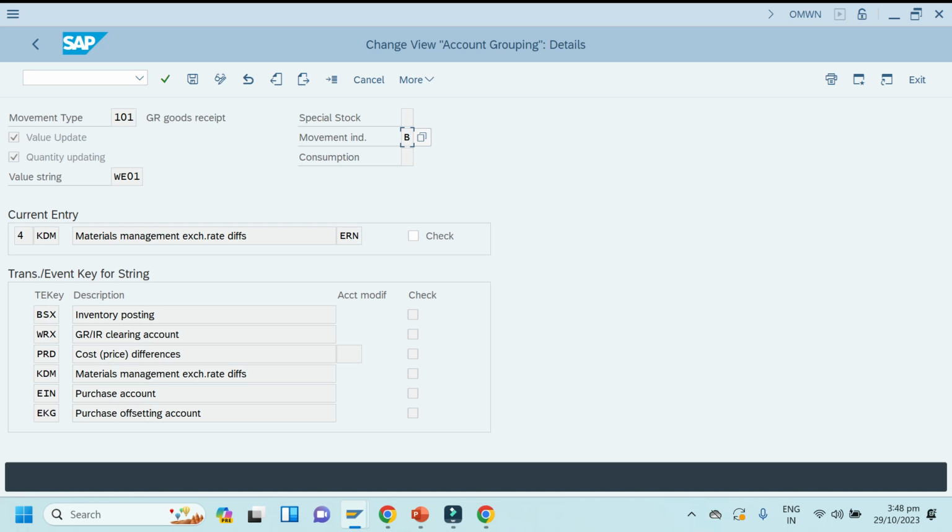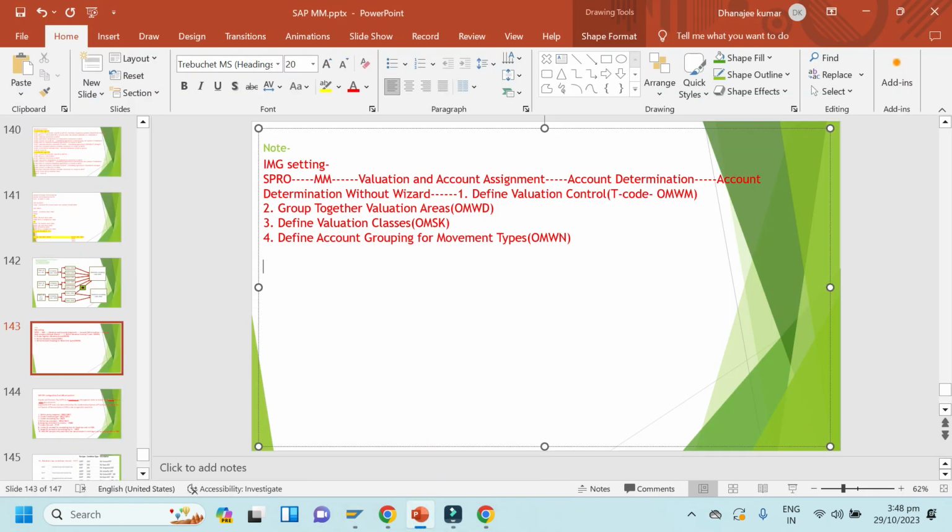This valuation string again triggers a set of transaction keys, and for some transaction keys, in brackets GBB, KON, PRD, account modifiers also trigger.